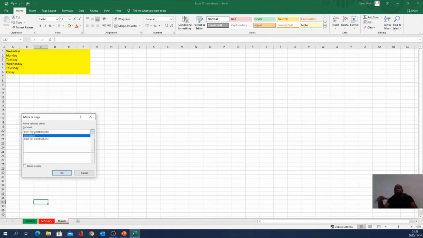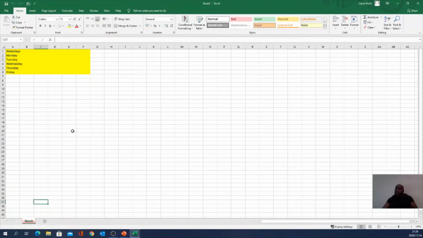You just want to move it out and into a new book which you can save somewhere else. Okay, new book, then you can say okay. There it is, it's in its own book. If I minimize it here, there is my new book in Excel, it's called Book 2. If I minimize here, I go back to my